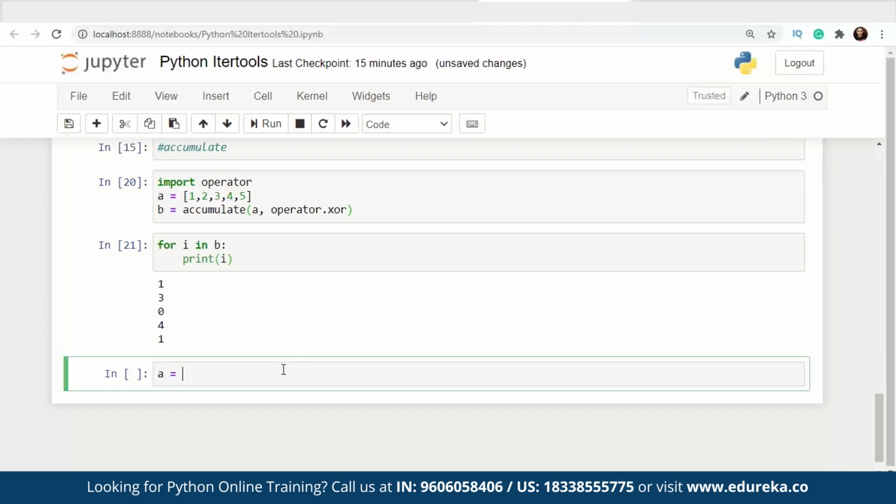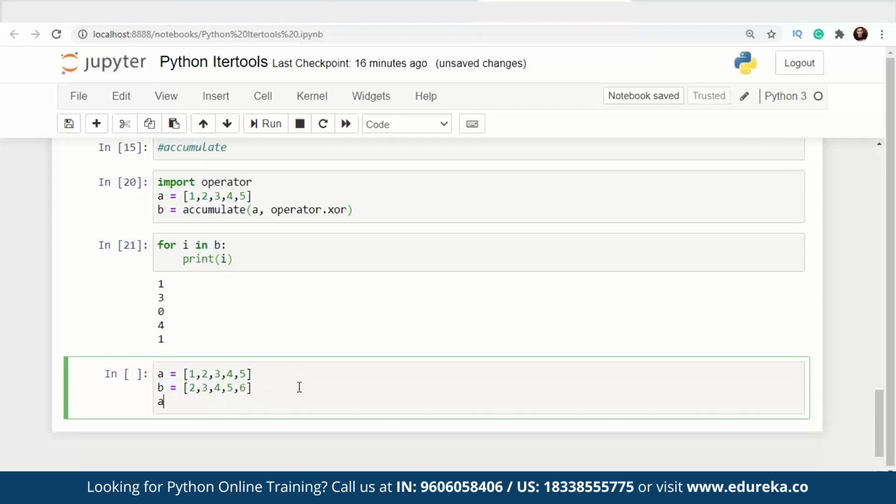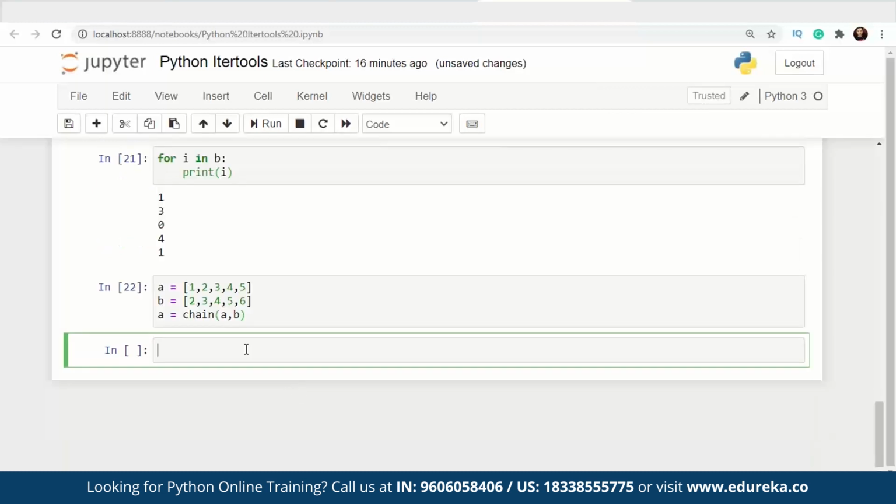So let's say we have a is equal to 1, 2, 3, 4, 5, and b is equal to 2, 3, 4, 5, and 6. Now I can create an iterator using chain, pass a and b over here, and now